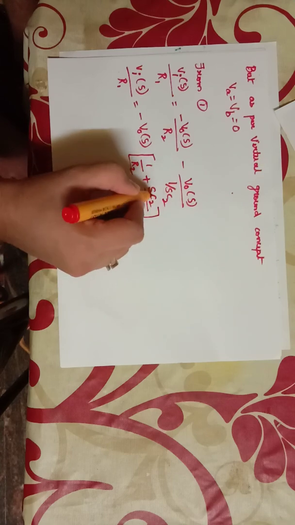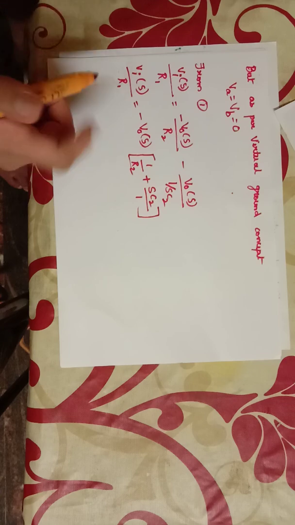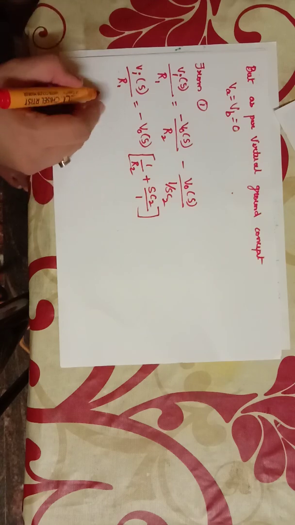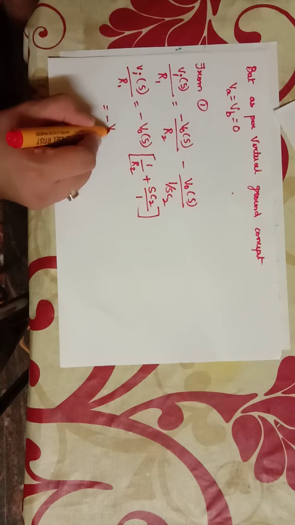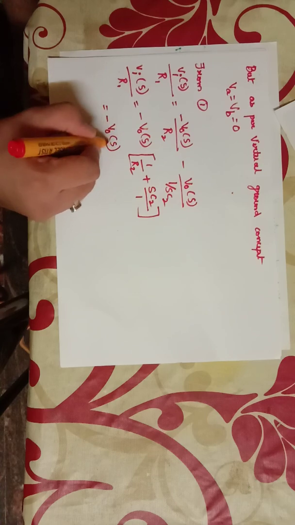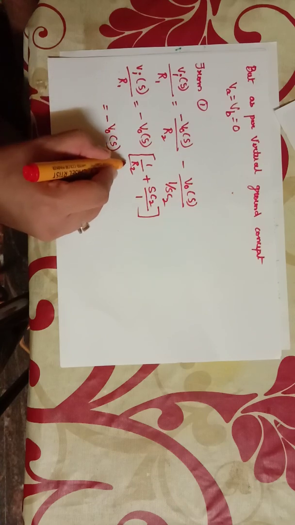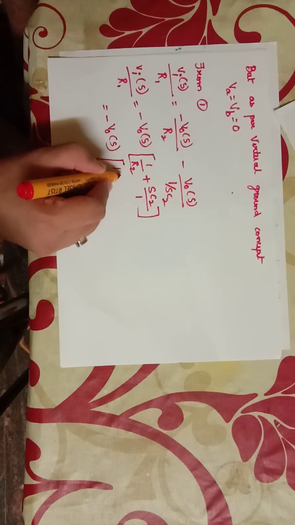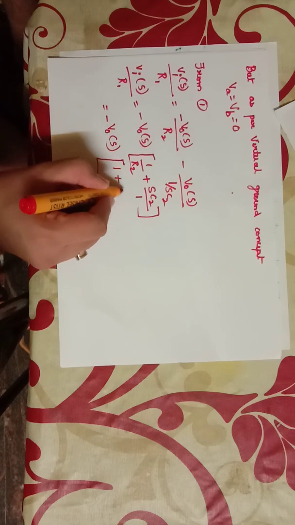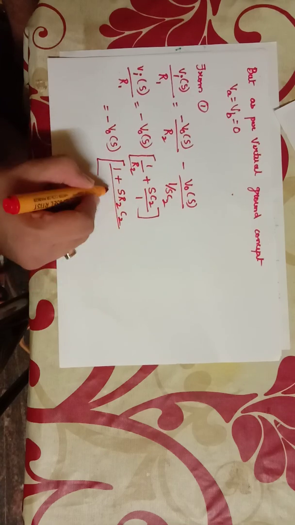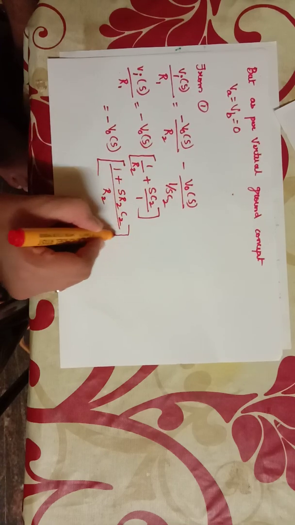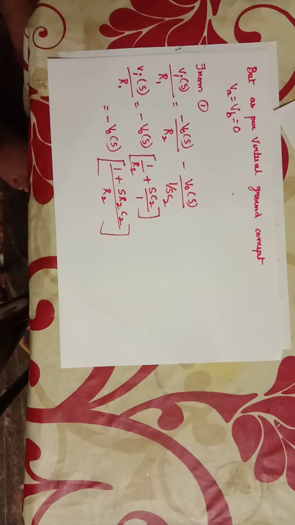This goes to the numerator. Then minus V0(s) into (1 plus sR2C2) divided by R2. If we take LCM,